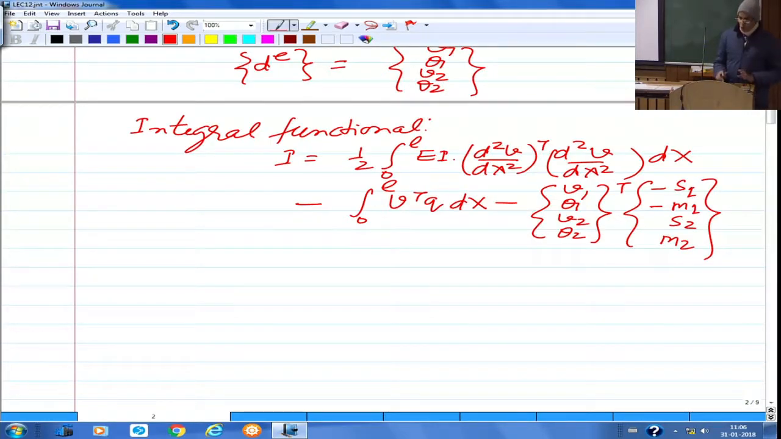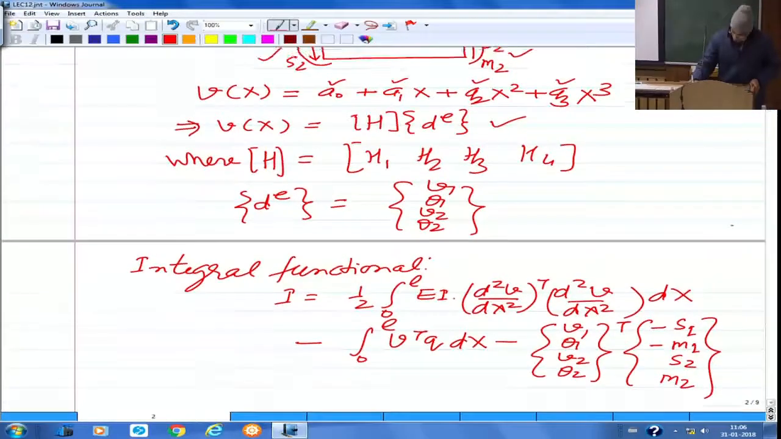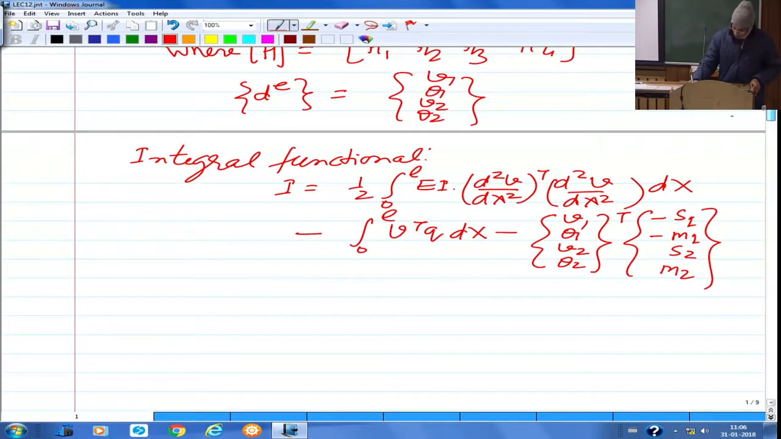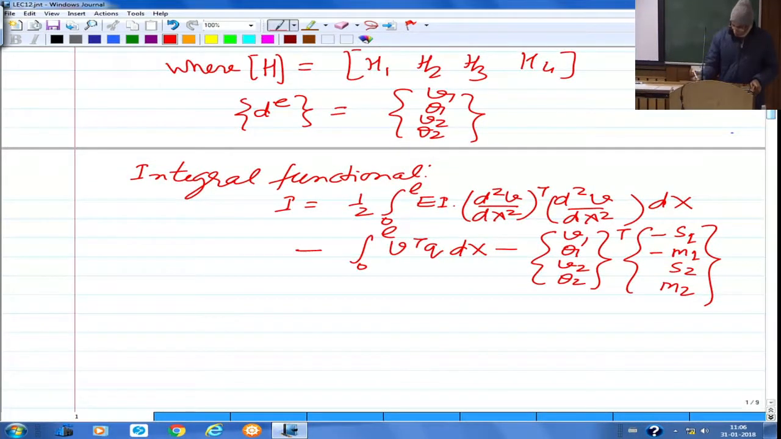And now we substitute the approximate solution which we have assumed by looking at the differentiability requirement within the element and the continuity requirement, for finally writing it in this form. If you substitute this and take the variation of phi equal to 0, that gives you the element level governing equation. So before we do that, we also need the second derivative of